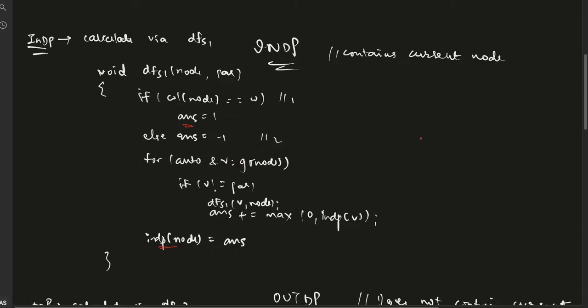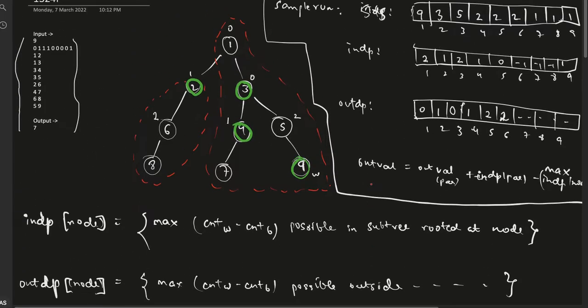Then we check whether it is beneficial to increase the size of the subtree from 1 to something else by including its children. The way we do this is check all the children, DFS in the children, and then we add to Ndp of node the value of Ndp of v if Ndp of v is greater than 0. So the logic for this is